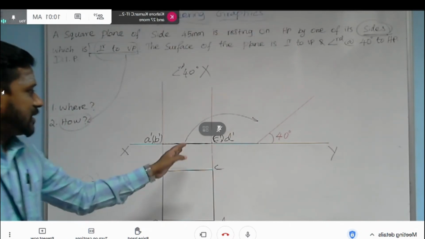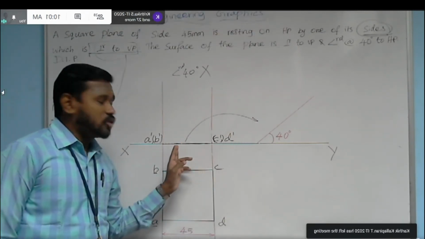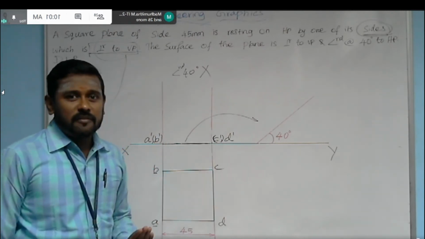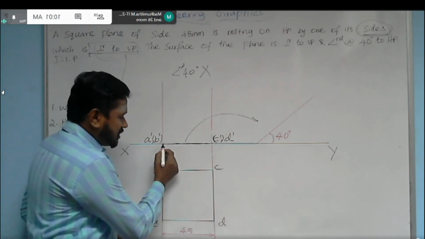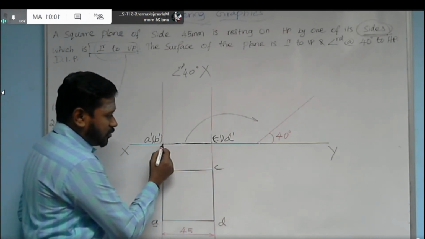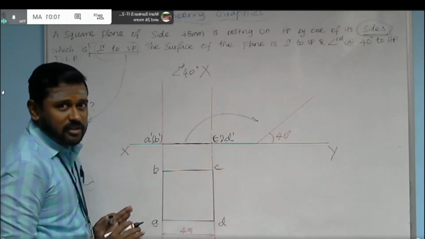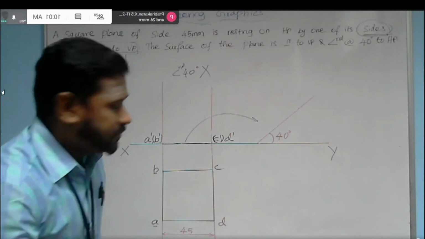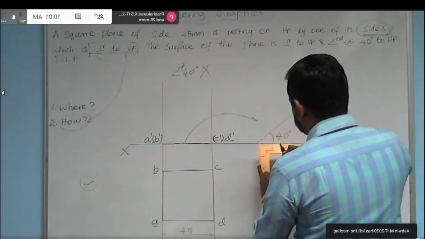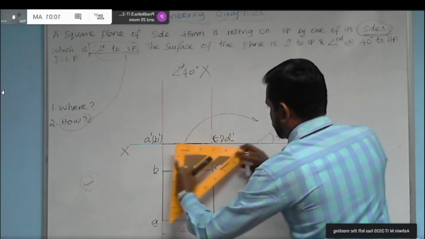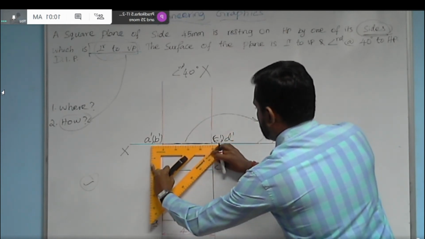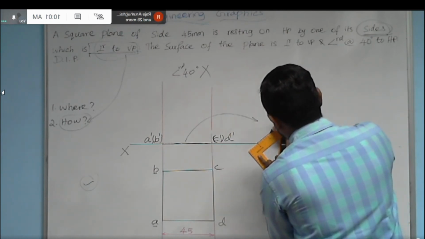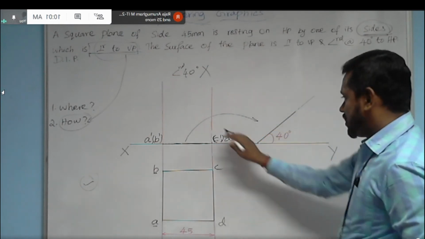So up to here we discussed like that. In the next step we need to redraw the actual obtained front view with the required angle of inclination. You need to measure the front view. It is actually a 45 mm length line. That length line should be drawn with 40 degree inclination with the HP. See how I am doing that. Yes, I just redrew it.